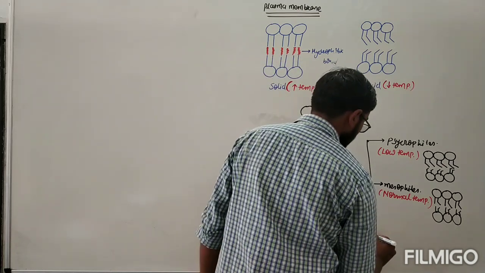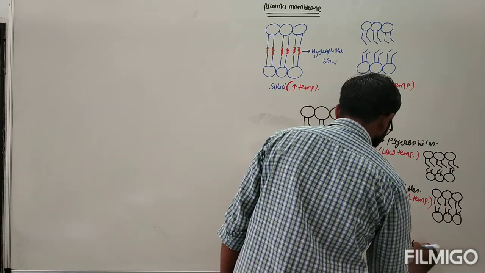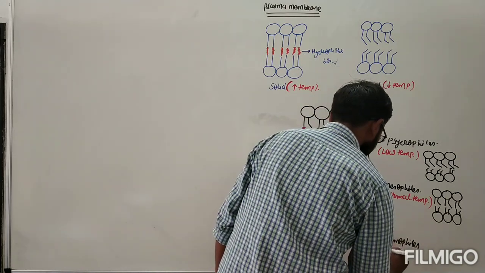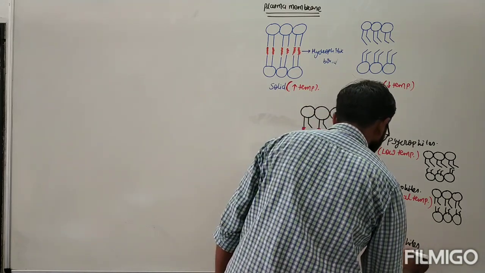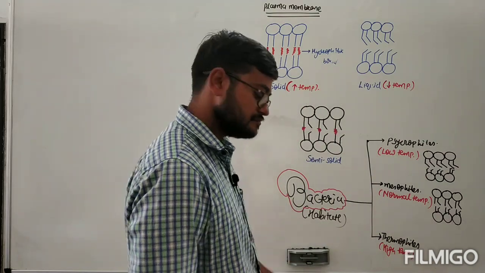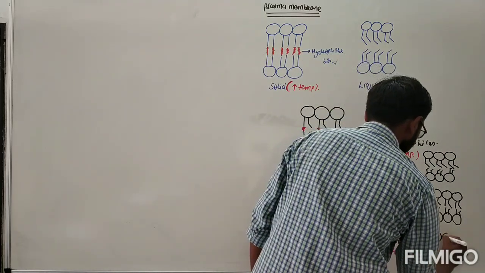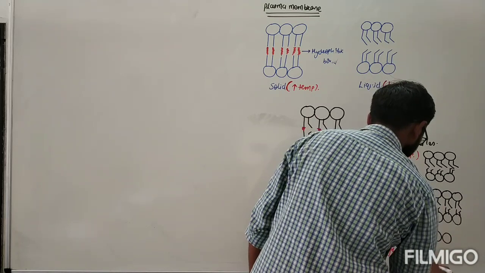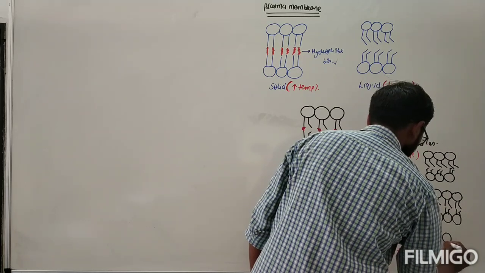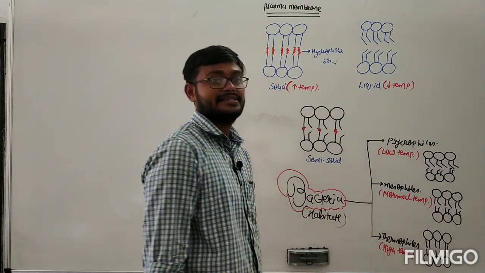And the last one is termed thermophiles. These are the thermophiles which live at a high temperature. Thermo in the sense of what? High. They are living at a high temperature. So here the plasma membrane contains fatty acids, and both of these fatty acids are saturated in nature. They are completely saturated in nature.